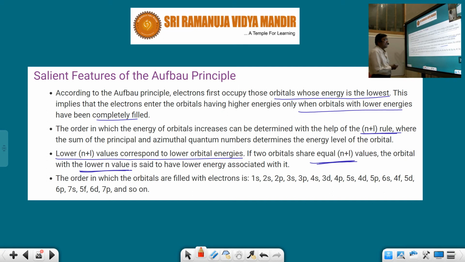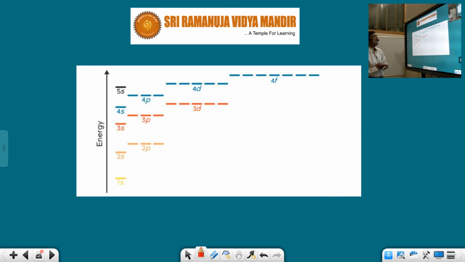Now this is the order which I have given: 1s, 2s, 2p, 3s, 3p, 4s. Here not 3d, here 4s. I hope you understood. So this is how Moseley has filled the periodic table. This is called the Aufbau principle. Very, very important principle. So this is how the order of energy levels goes. First the lowest should be filled. Then only you have to go for the highest ones. You cannot fill. So first 2p, next. I hope you understood.